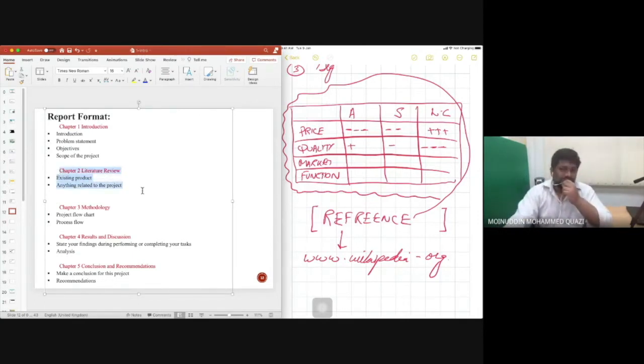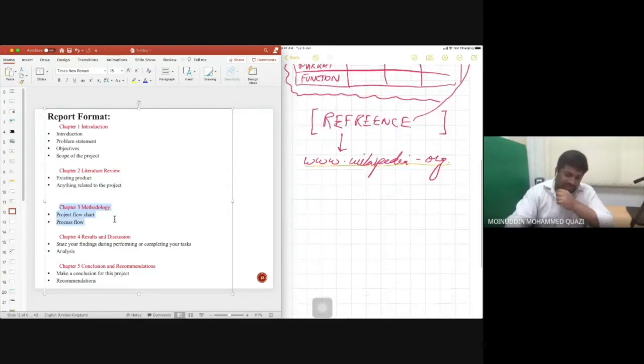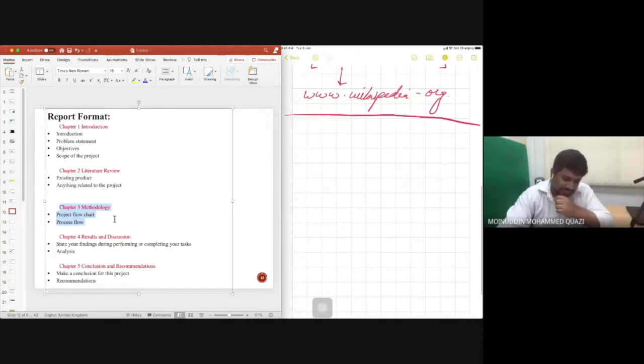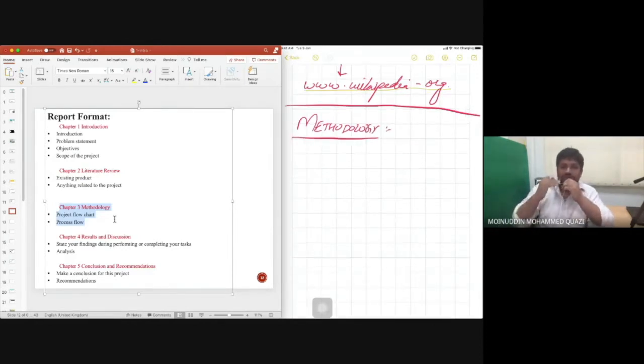Then we go to the methodology, the process flow chart and process flow. We move to methodology. Methodology means what are the steps that you are going to take in order to complete this project, this product. Methodology is the main process that you're going to do, and then what are the sub processes.